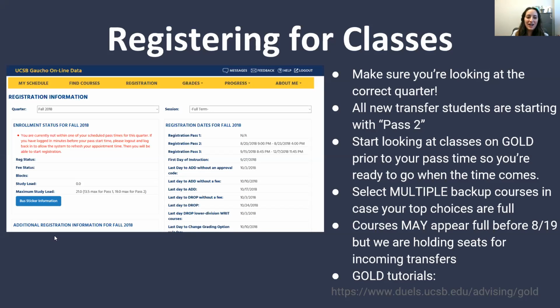It should say that. So all students are coming in on Pass 2, and it's really important to take a look at this date and the time as well, and put that date in your phone, set a reminder, set an alarm, set several alarms. I know this from personal experience because you don't want to miss when you're going to be registering for classes because they will fill up very quickly. So I'd recommend paying attention to this date and then also the second date listed, because pass times are actually a range. So what that means is you have a period of time where you're able to register and then that closes. So the window opens, the window closes. So then you won't be able to register after it's closed until your Pass 3 window opens again. So just be mindful of those dates there.